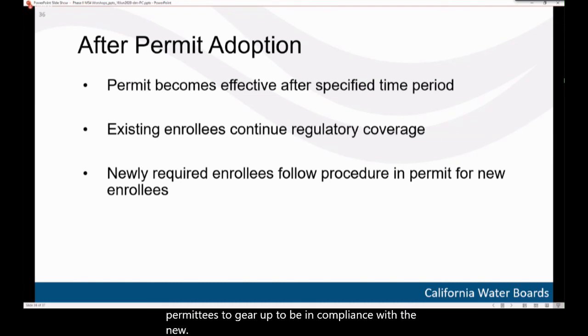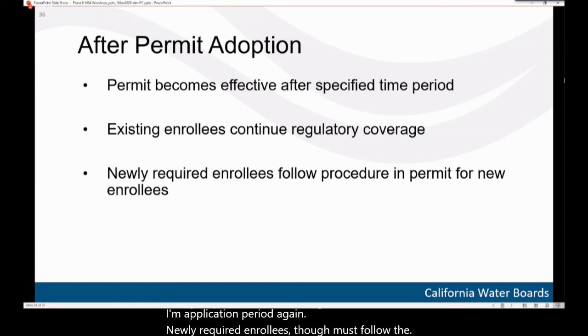the new effective requirements. We do look at how we can most easily continue the regulatory coverage that our existing enrollees have. And so typically we just have our enrollees fold into the newly adopted permit that becomes effective. We do not anticipate placing requirements in which existing enrollees have to go through the full-fledged application period again. Newly required enrollees, though, must follow the procedures in the adopted permit to get enrollment or any other required reporting that will address any other creative avenues we end up placing in the permits to address the new enrollees, and